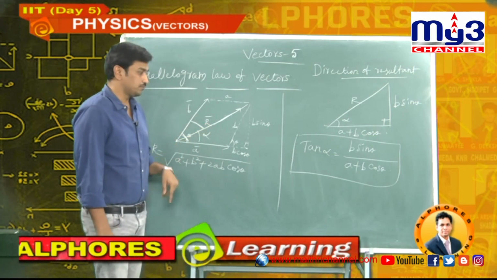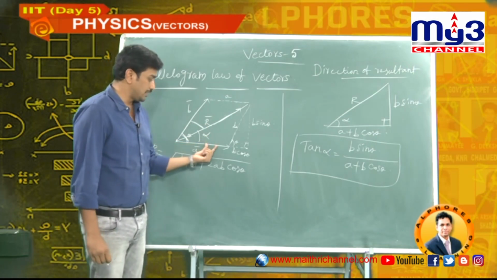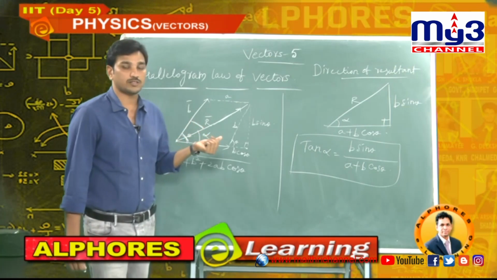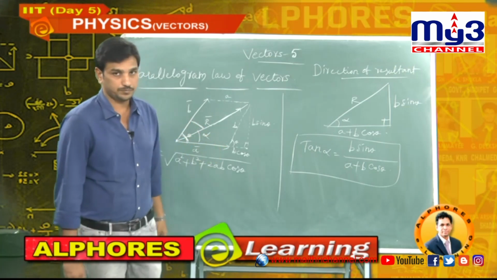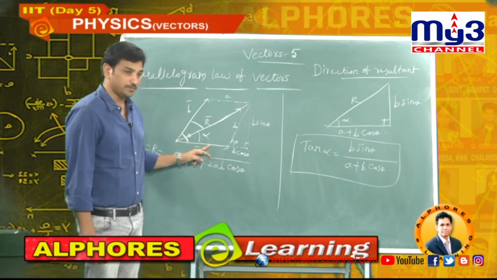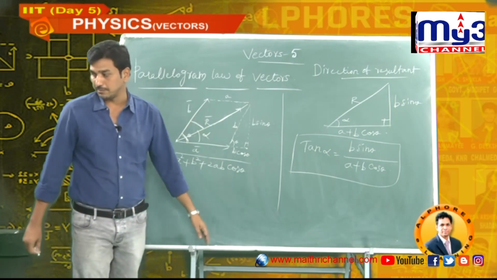One more point: two vectors are two sides of the parallelogram, and the resultant is the diagonal. Now here you should remember the point. Suppose this is 100, this is 40. The resultant is always close to the heavier magnitude side. Suppose this is 200, this is 20. The resultant is close to B bar. I will show you some examples.